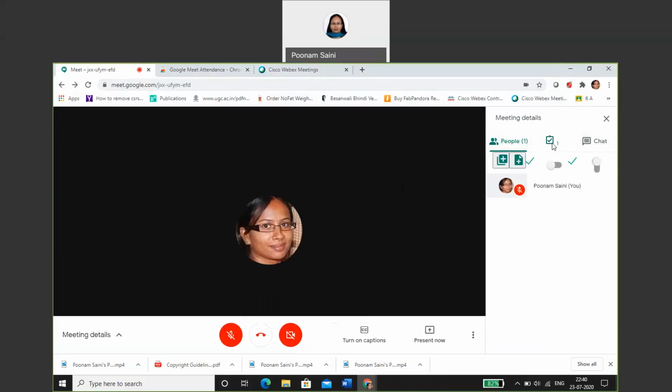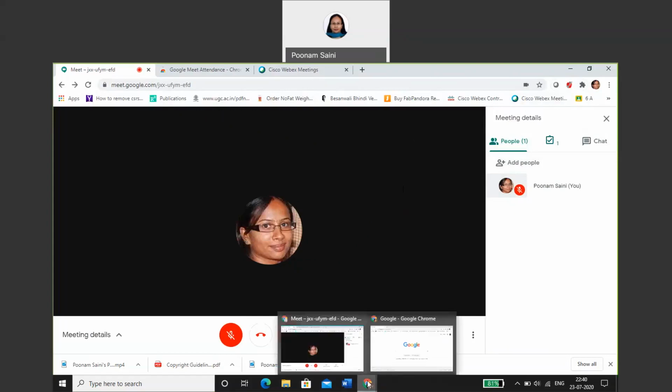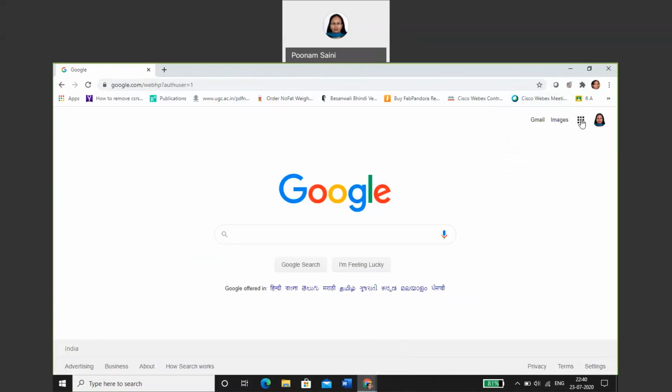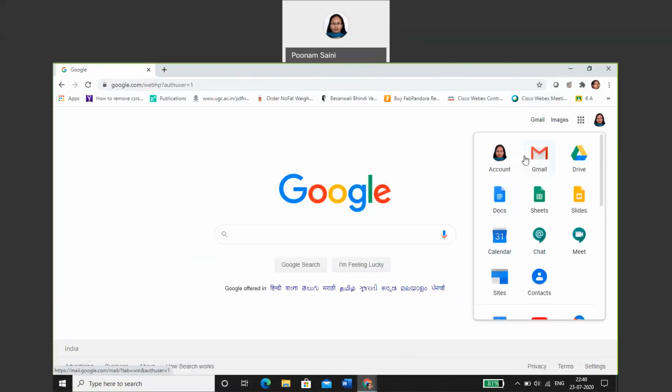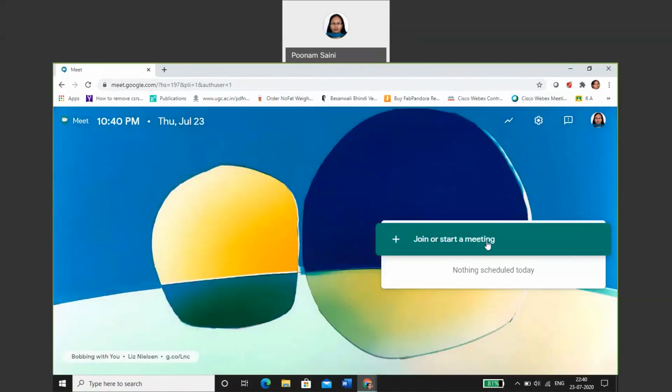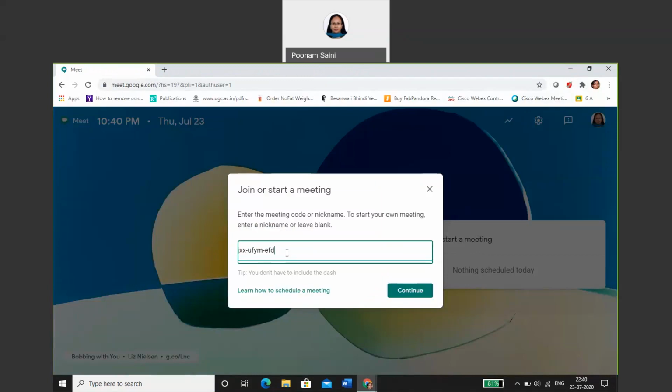So this is your Meet attendance extension which is added, and here you can see that one participant, that is you as host, has logged in, and also this extension has become active in my window. So the Meet attendance extension will start working from now onwards. And suppose we try to log in from some other account, we have to see if the number changes from 1 to 2 or not.